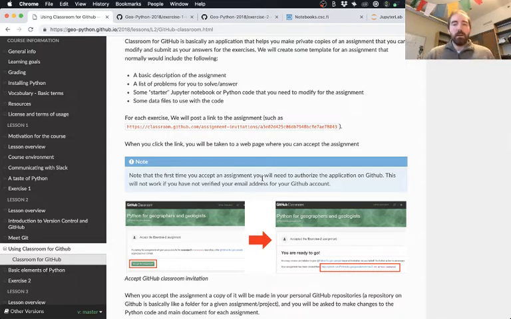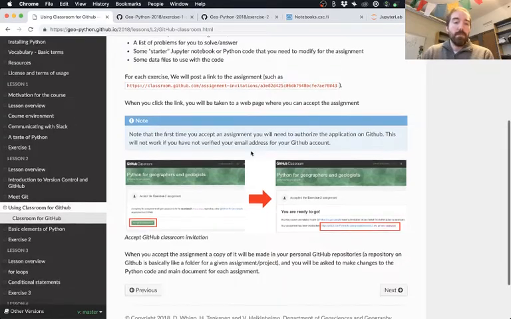By using this classroom system, you click a button and it makes a personal copy of that exercise for you to work on, that you can see and that we can see. As the administrators for the course, we can see your exercise responses, but nobody else in the course should be able to do that.